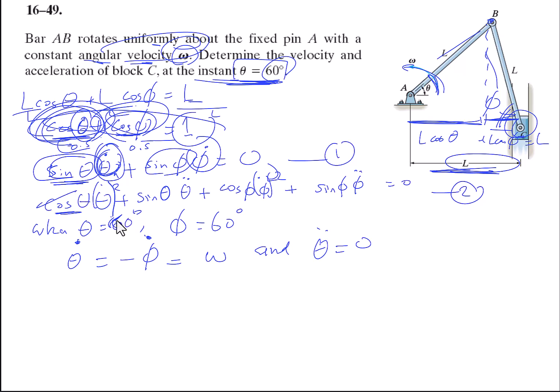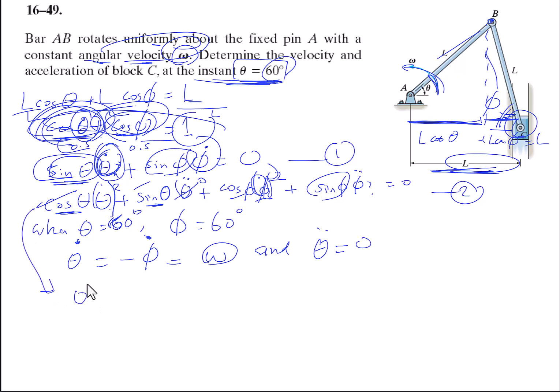We know this is 0.5, and we know theta dot is equal to omega sine the square root over 2, and this is 0, and we have cosine is known, phi is minus omega, phi dot, and phi double dot, we don't know what this is, but sine phi we know. So you substitute everything in, and you will get